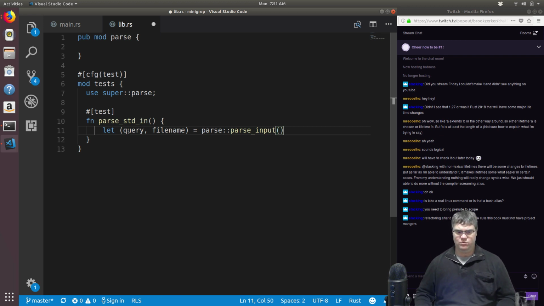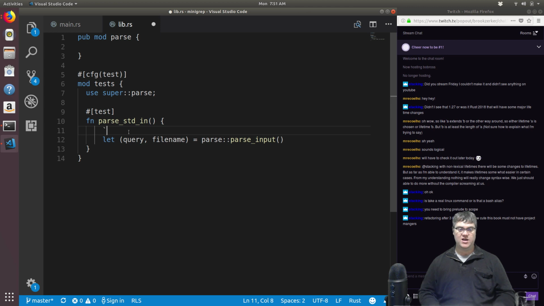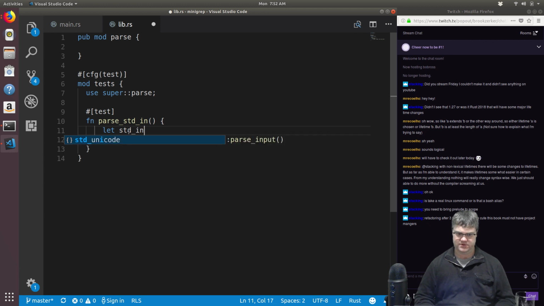What are we going to pass in? Well, we also need to mock up and pretend we have the actual thing. So that's going to look like a vector with 3 items in it. So let, sort of like a standard in. This is going to be vec of